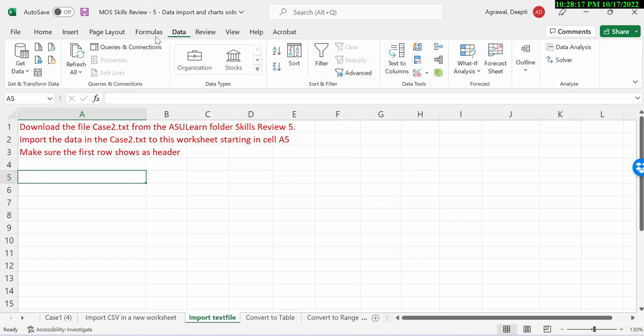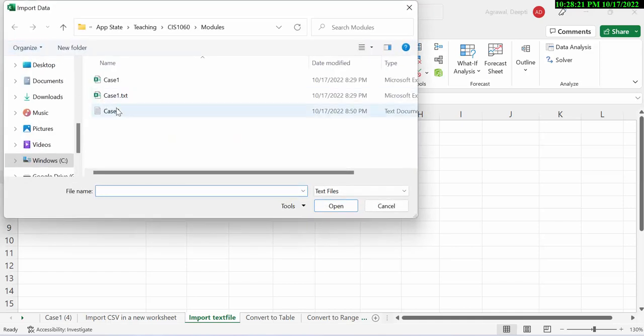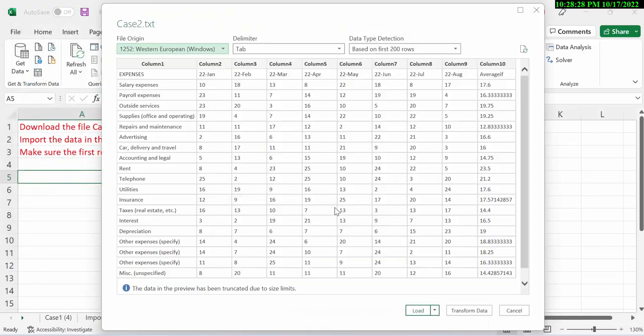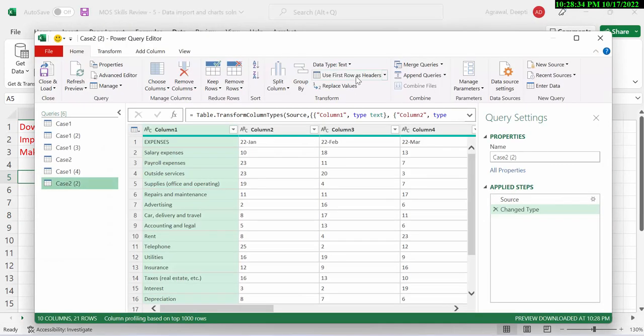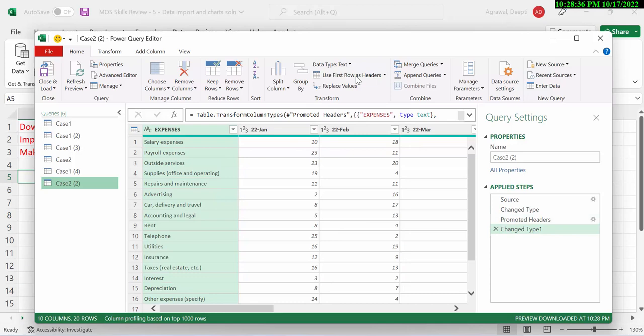So I'm going to the data tab, use the same option, From Text or CSV. This time I'm going to get this text document, case 2, import, and then go to Transform Data and use first row as headers. Then I'm going to Close and Load to